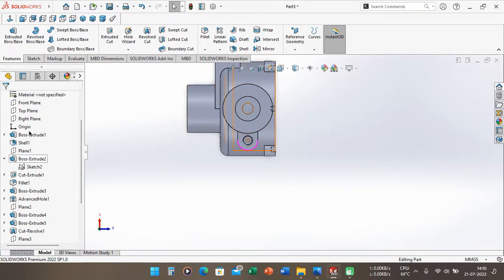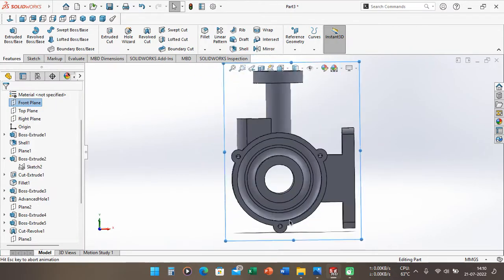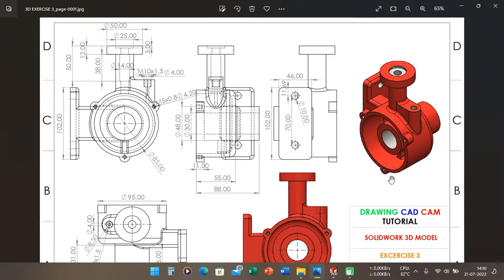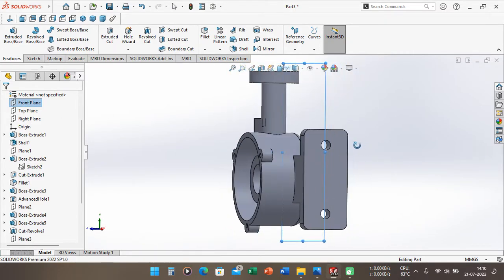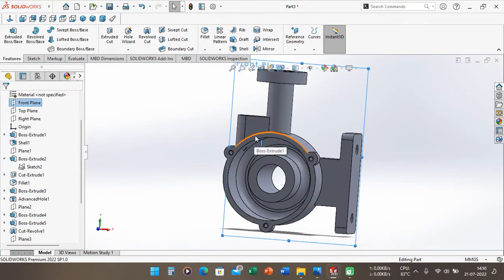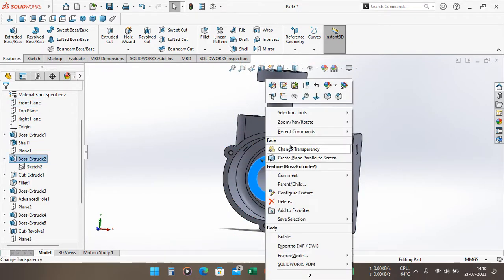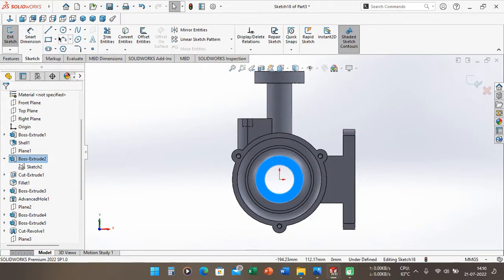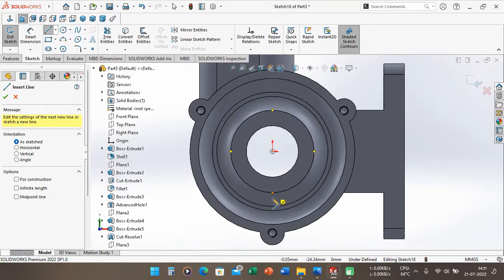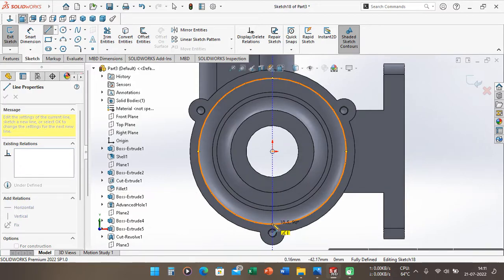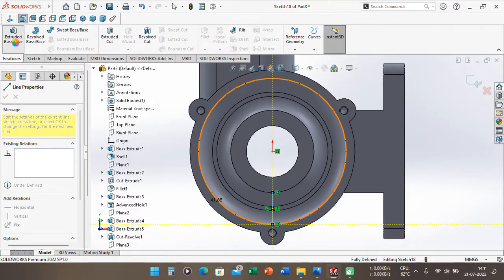After that, you can go to front plane here. I want to make this section, the last section here. We can go to a front plane here, and we can make a relation again. We can try to here or here. We can sketch here, and then we can make a line here. Make sure the line is vertical with this point, and then we can extrude here.